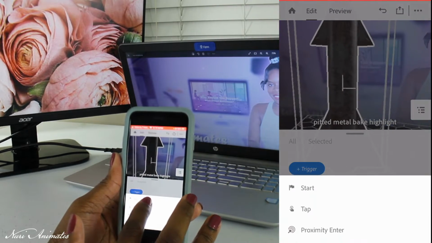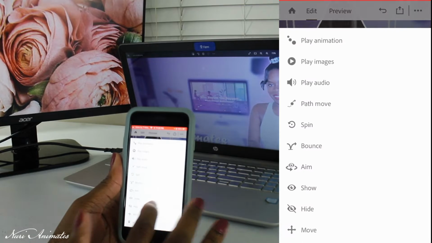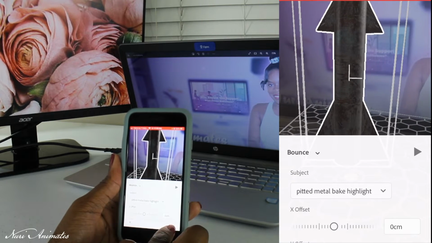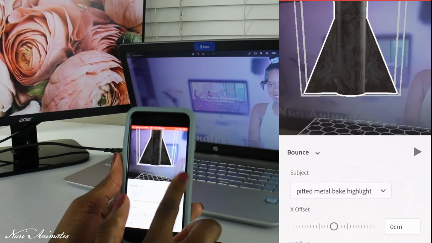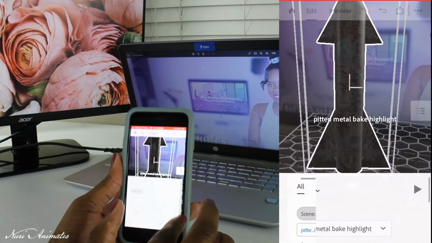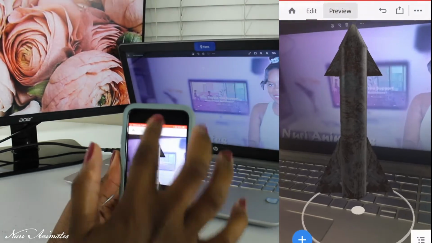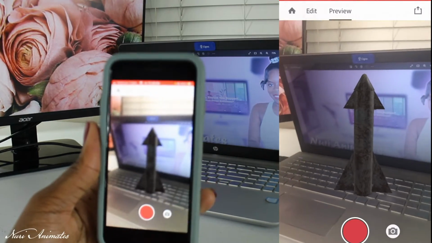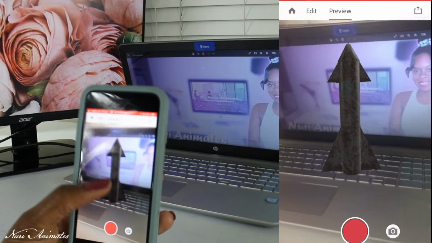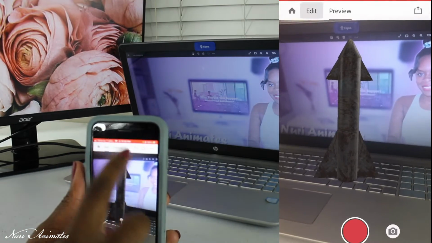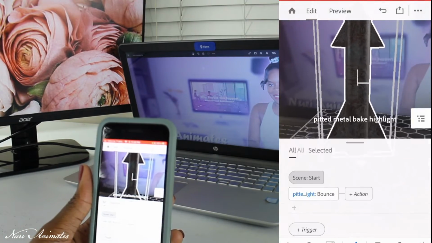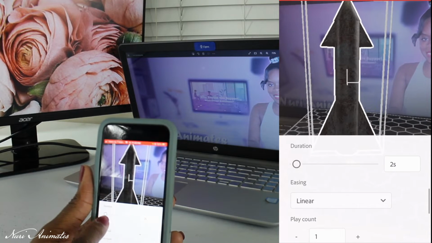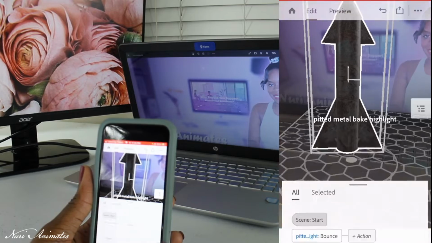You're going to click on trigger if you want it to move somehow. You have a list of different options to animate your rocket, so we're going to use bounce. Press preview just to see it in action, see it in motion. And then go back to your edit, and then just play with your rocket to add any other options, like